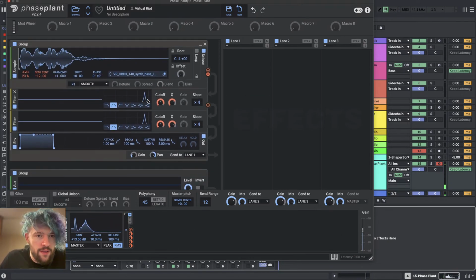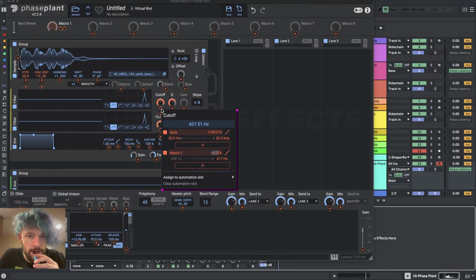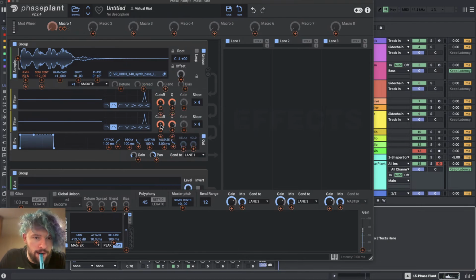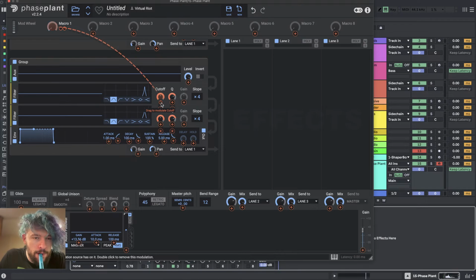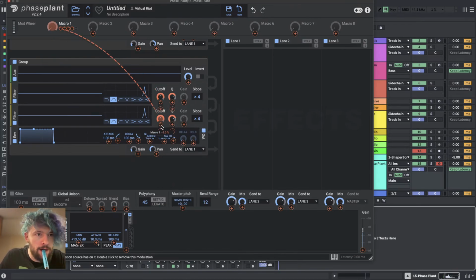And now, these could slightly vary. So we could have this macro move this cutoff just slightly up by like 0.2%. Oh, let's just do the precision. Right click and say 0. Let's just do 1. And then you also 1. And then here, for these, -1 and -1. And now,